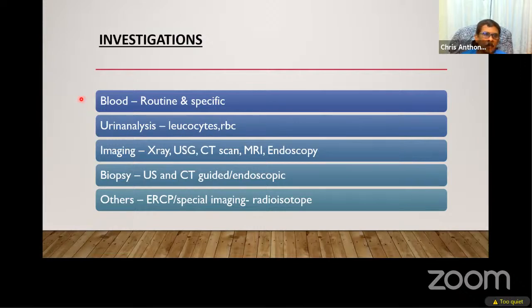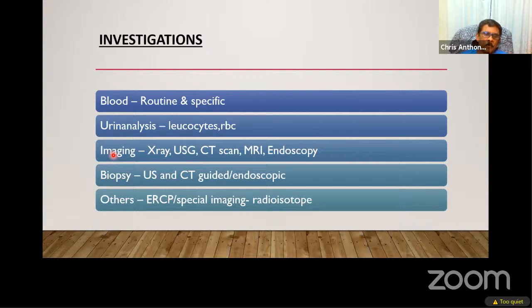Okay. Urine analysis, same thing as I mentioned. If you think it's a renal mass, you must look for blood in the urine. Okay. Imaging methods, techniques: plain X-ray of the abdomen, ultrasound scans, CT scan, MRI, and endoscopy. So in this order, most of the time you do them in this order. Plain X-ray and ultrasound will be the two preliminary or first investigations, followed by